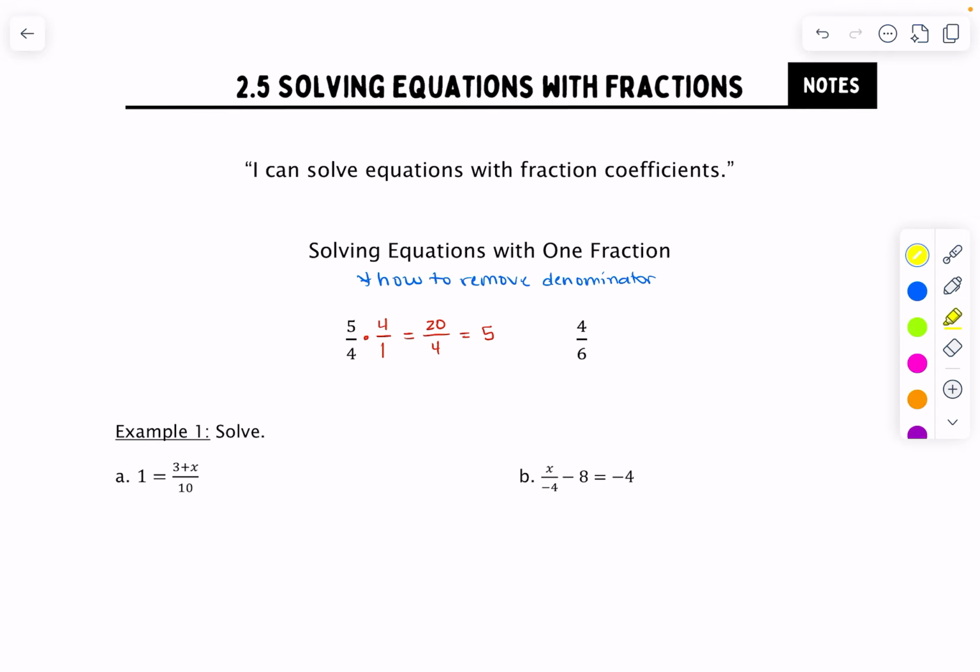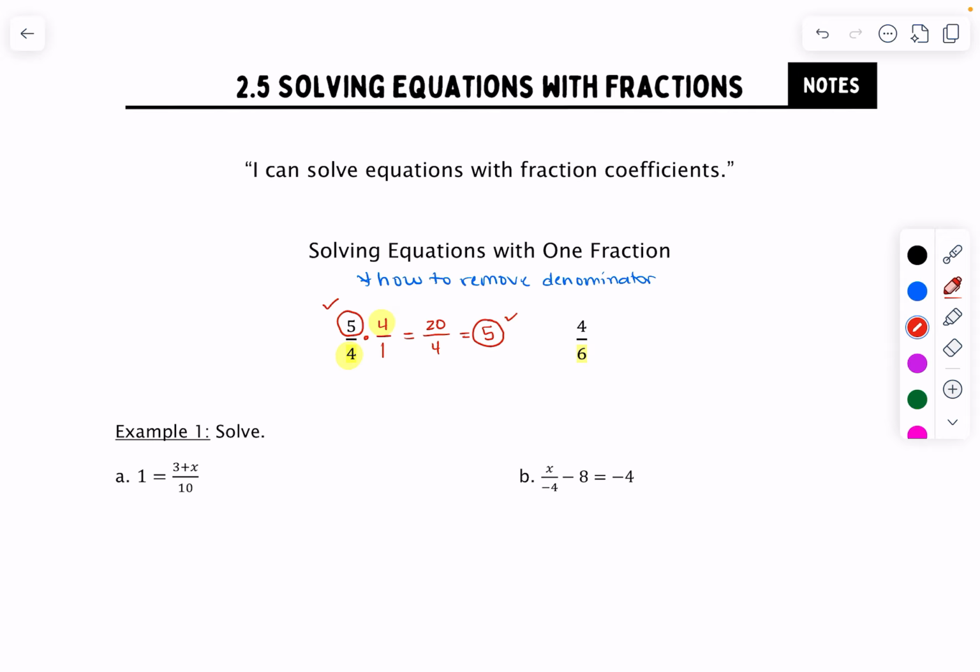The reason I multiplied by 4/1 is because 4 is the denominator. I have to do it over 1 because I can't just multiply a fraction by any old number I want to. I've got to make it look like a fraction. Okay. On that same note, noticing that we have this 5 as our answer here, and that we had a 5 at the beginning of the problem in part of the fraction, by multiplying by that denominator, I got rid of the denominator and I ultimately ended up with the numerator,